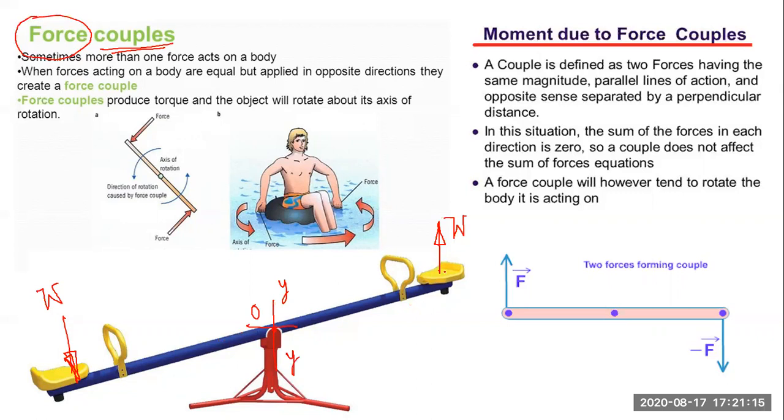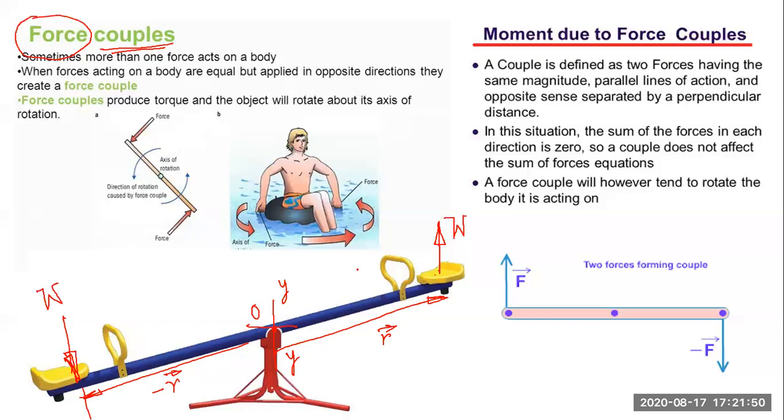Now obviously, say this point is O and this is W. Say from here to here it is R, again like earlier. So from here to here, it will be minus R because it is in the opposite direction. Minus R means the length is the same, dimension-wise it is the same, but the direction is opposite.